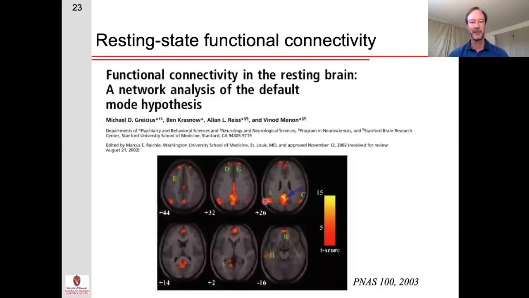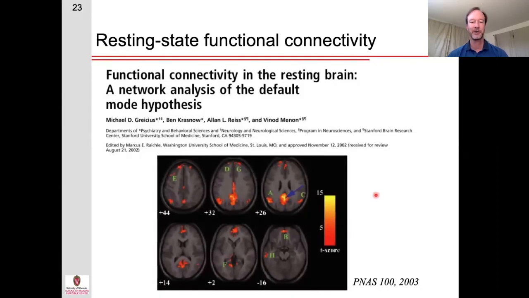And a couple of years later, Michael Greicius from Stanford University showed that these regions within the default mode network also form a network. That is, these fluctuations are correlated at rest. And so this is a particularly interesting network because it's not just motor, visual, auditory, things where we really know a lot about these systems already. This is a much more cognitive network and one that really hadn't been studied very much at all. And so I think that drew a lot of interest into looking at these resting state networks.